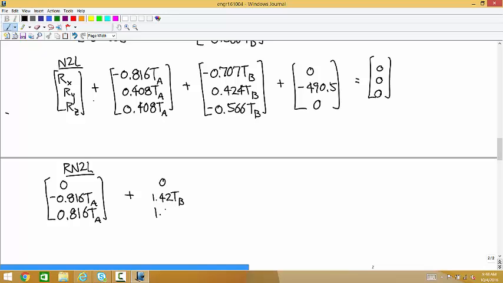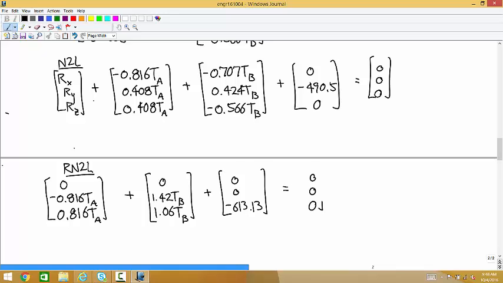1.06 TB. Plus 0, negative 613.13 is equal to zeros. Okay,